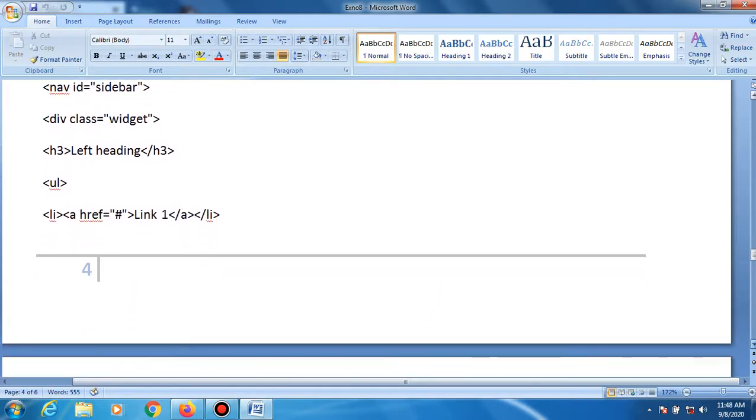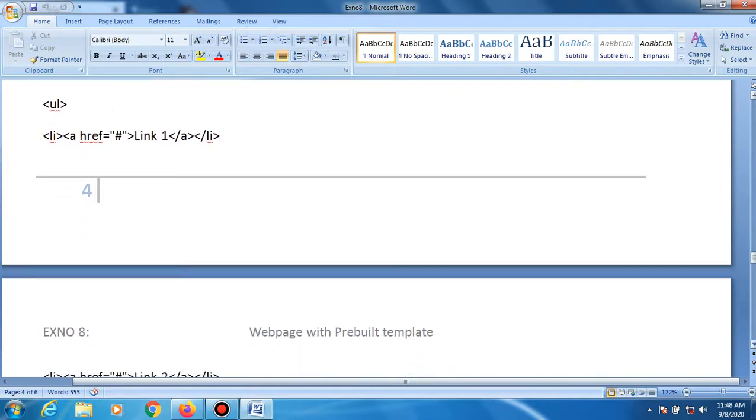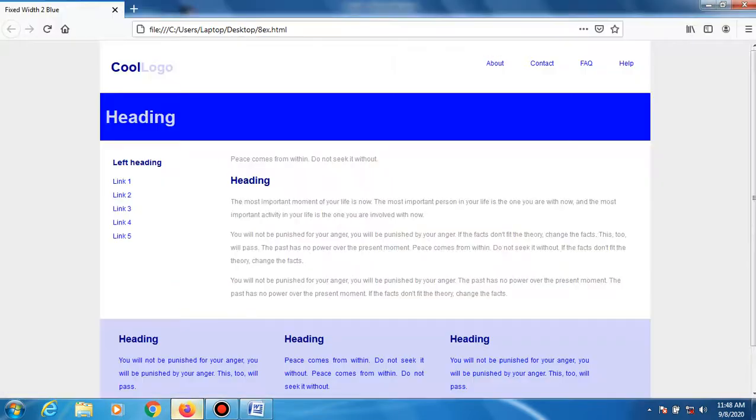And five links appear on the left side of this web page, links 1 2 3 4 5.